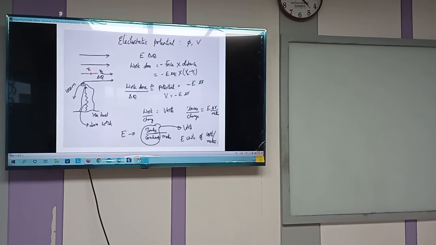And it is all uniform along this particular direction. So the electric fields are all uniform. That is what we assume at this moment. There is no decrease